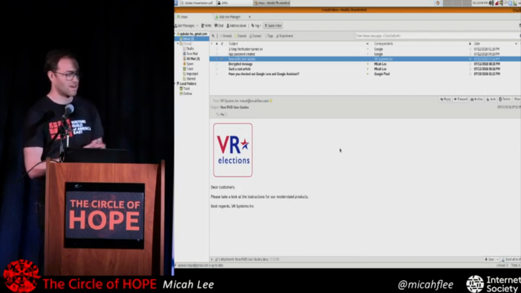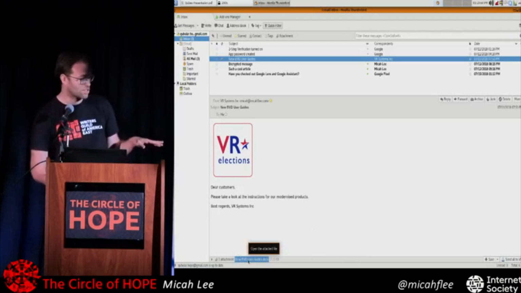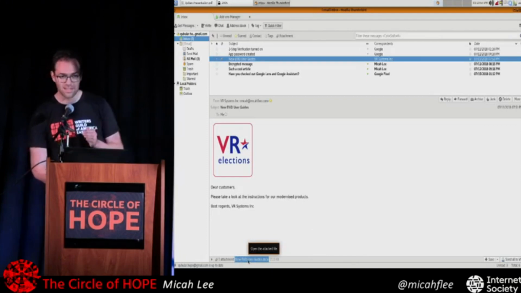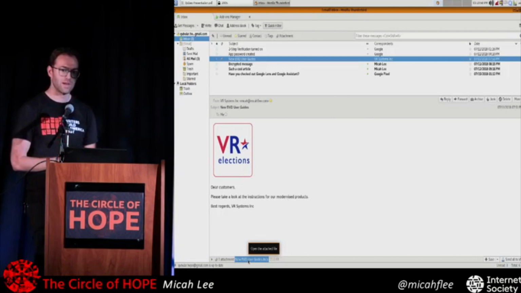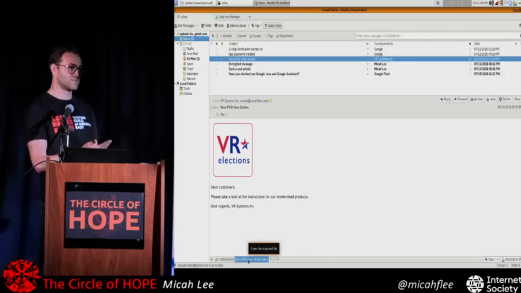Because we FOIA'd their email for VR systems. And so it looked just like this. It included an attachment that looked just like this, that had this file name, but it was malware. And if you open it in Microsoft Word, it would have hacked their computer, installed some sort of remote